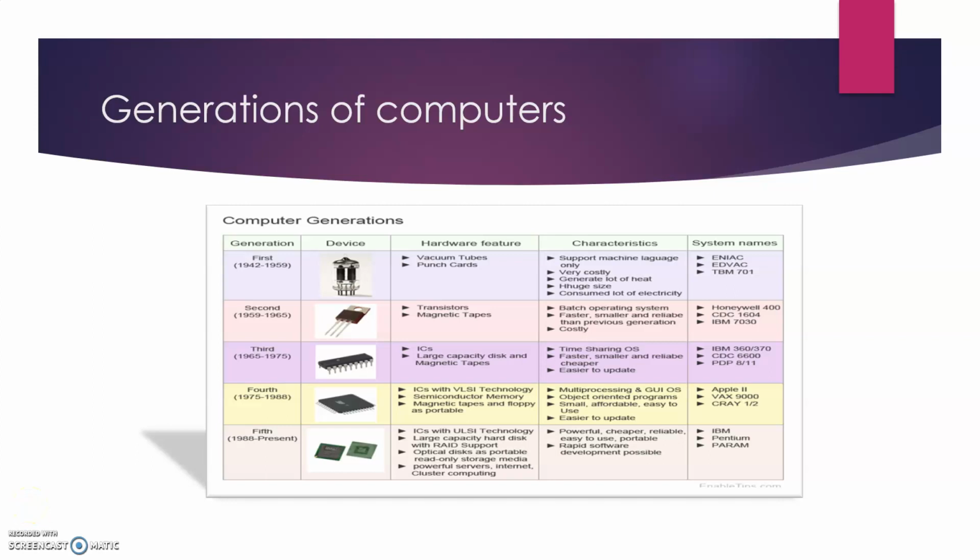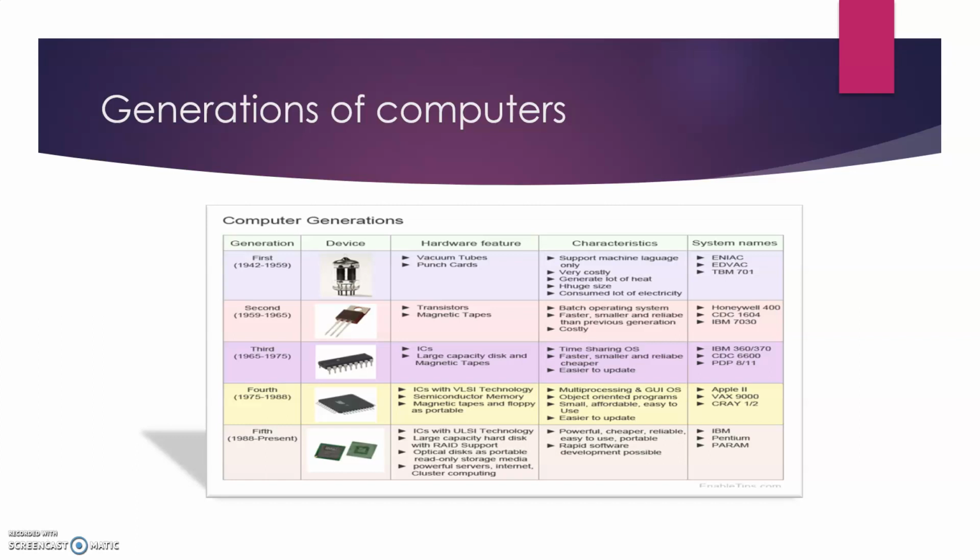The evolution of computers occurred in stages which are called generations. So there are 5 generations of computer that have been identified, starting from the most primitive to most advanced. If we talk about the first generation of computer, it was developed between 1942 to 1955